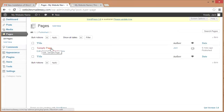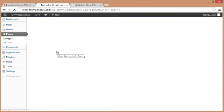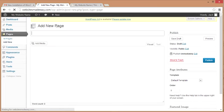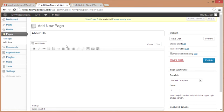So just hover over that, because we don't need it, and press trash, and that'll delete our sample page and put it in the trash. Then we can click add new, and we're going to add 2 pages. The first will be about us, and just leave it blank for the moment. Go over here and press publish,